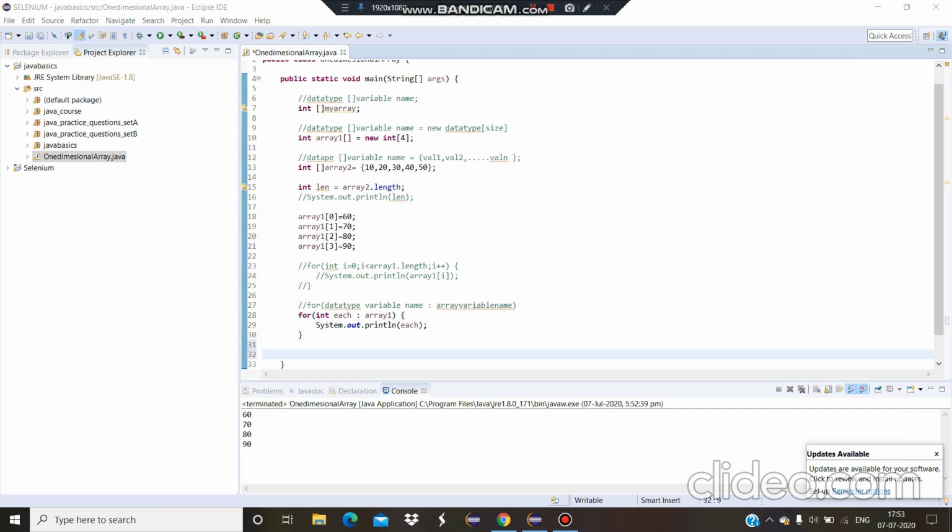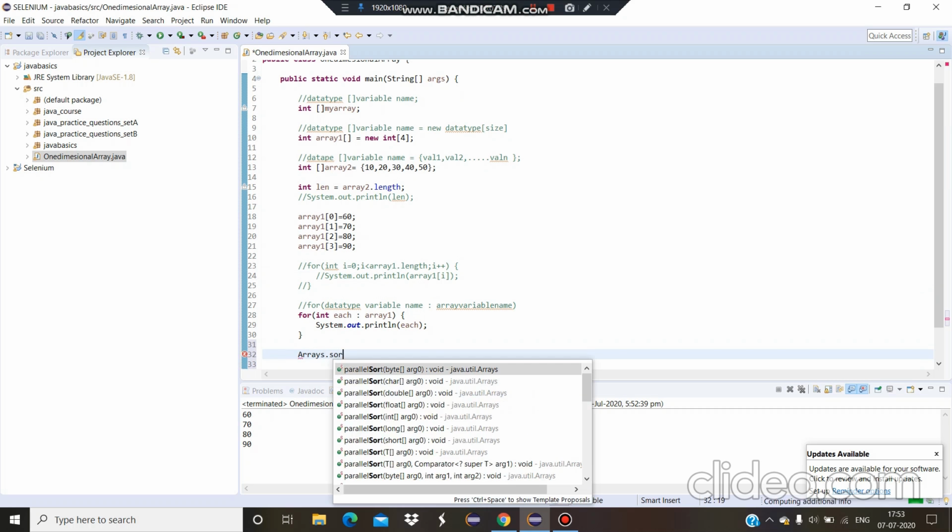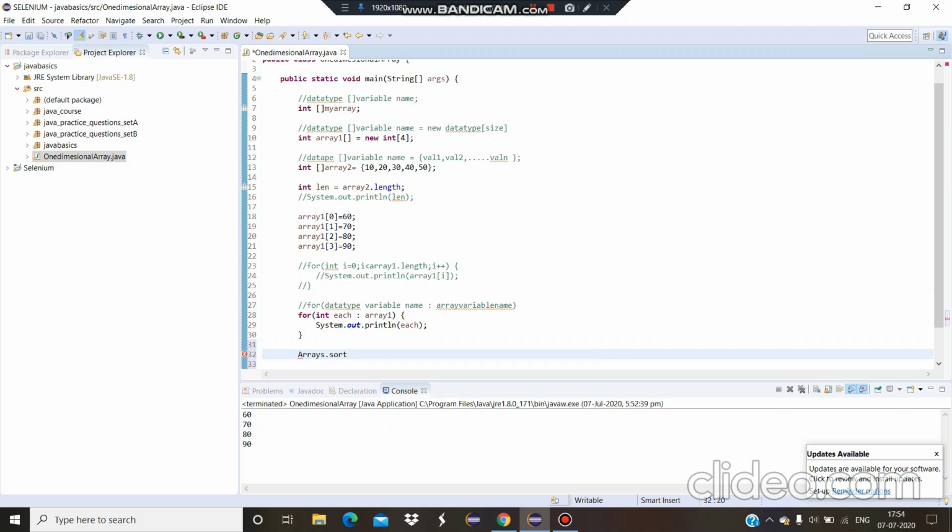There is another method called sort which is used to sort the variable. For arrays in Java, it is an inbuilt method, so you can use Arrays.sort(array1). It's enough if I give like this, it will sort the array.